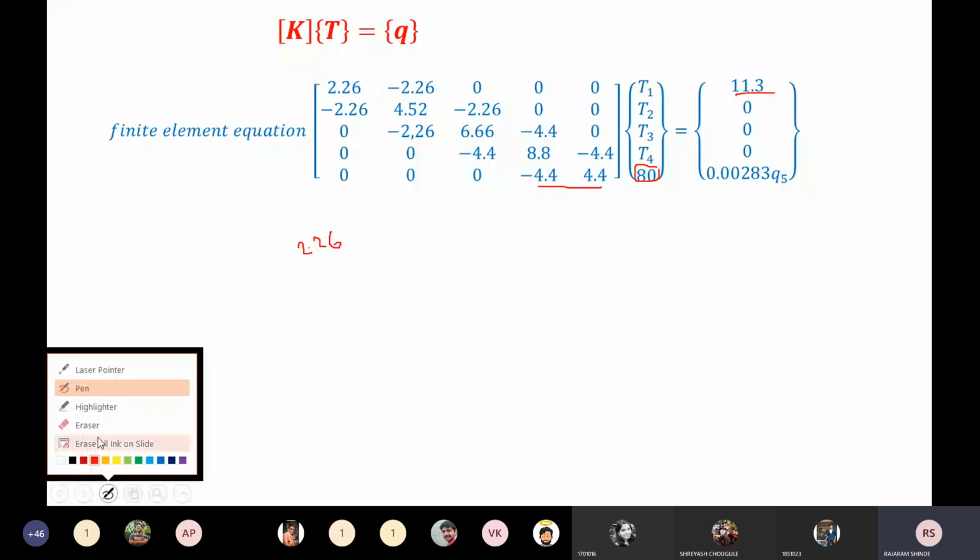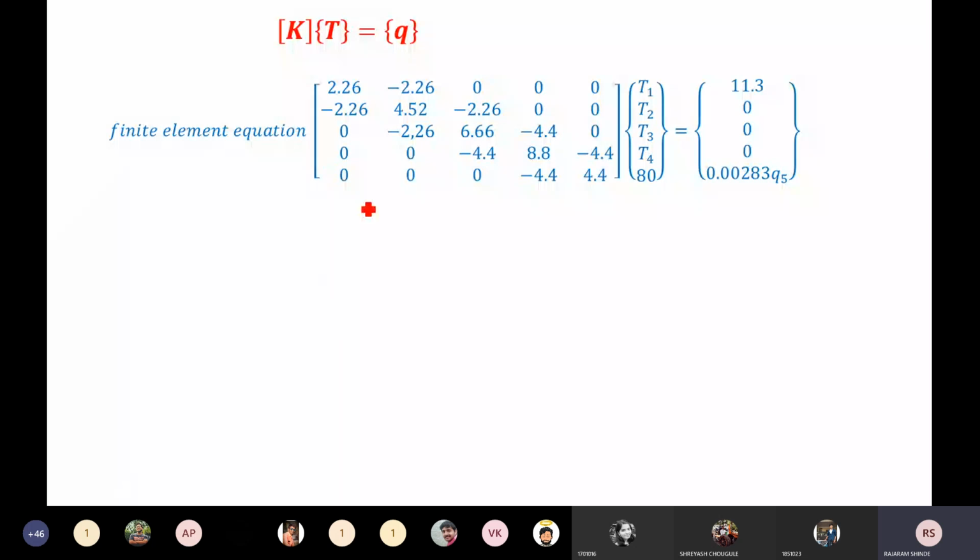Here I will write 2.26 T1 minus 2.26 T2 is equal to 11.3. This is your first equation. Second equation, same: minus 2.26 T1 plus 4.52